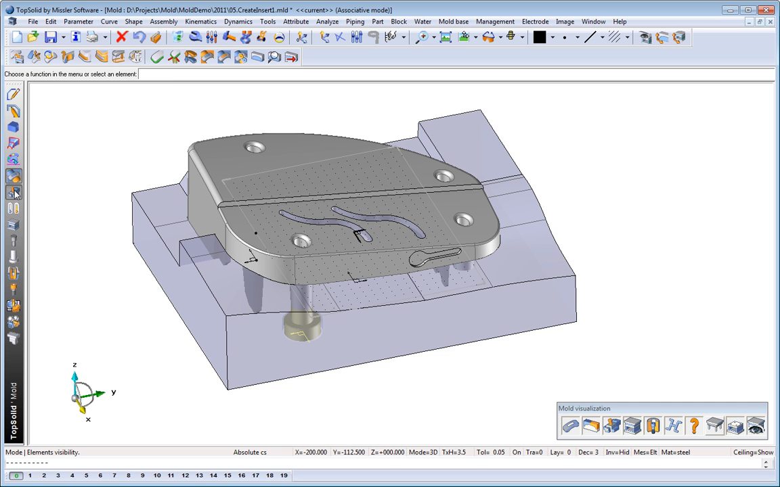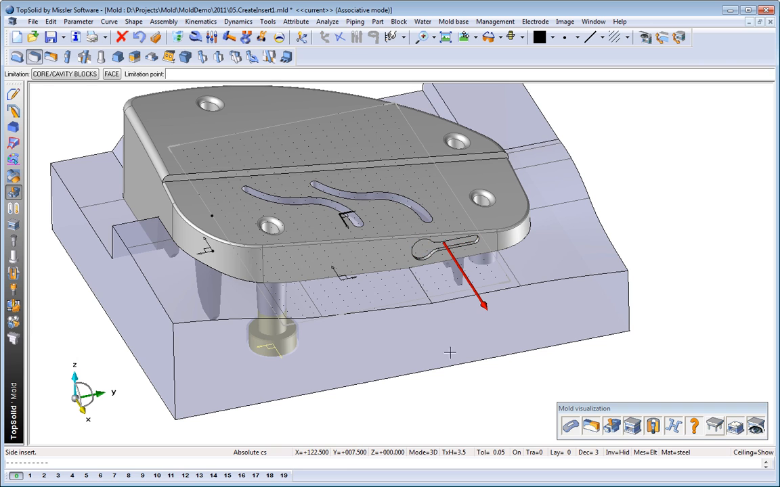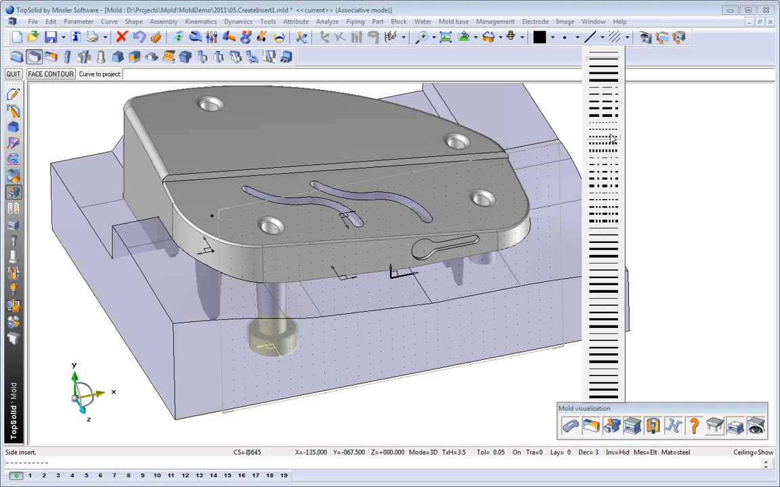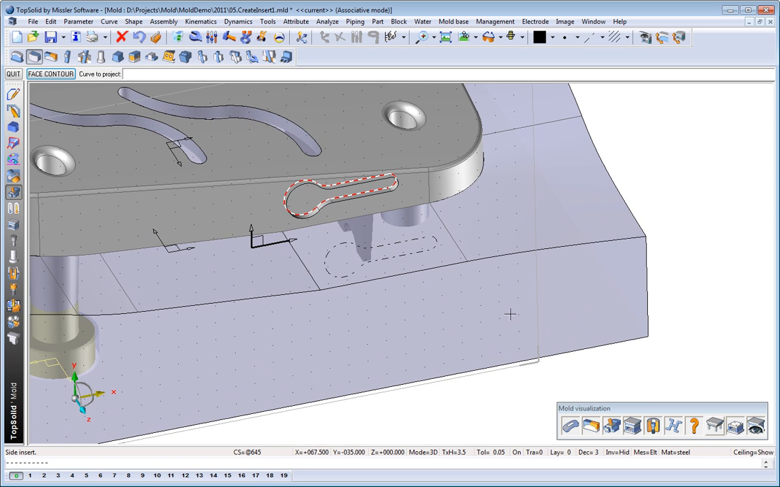Next, let's take a look at creating an insert for a side action. Here we'll select the detail that we want to create a side action for. We'll set the direction, and finally we'll use some curves this time to create our insert. In this case, we'll ask the software to project all the edges of that face out to the outside of